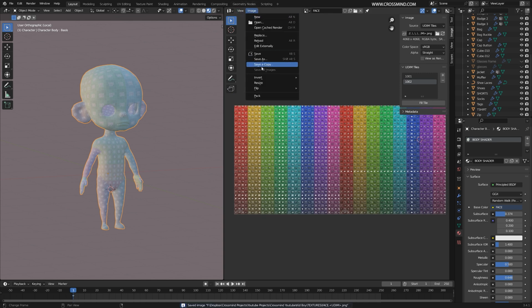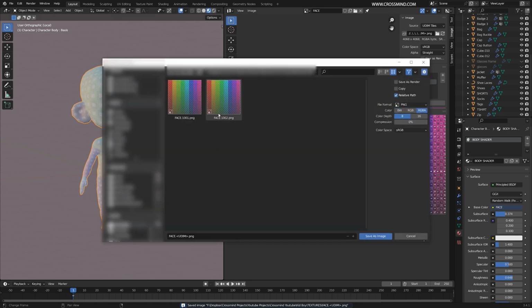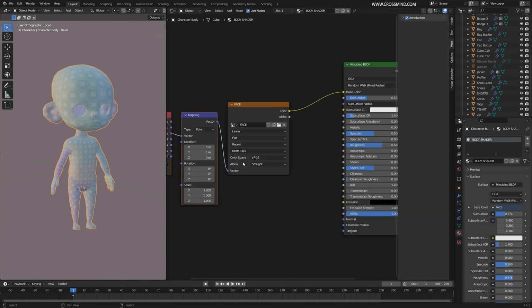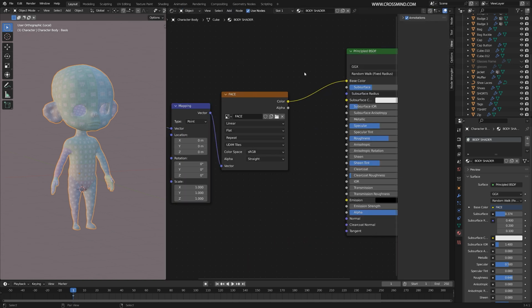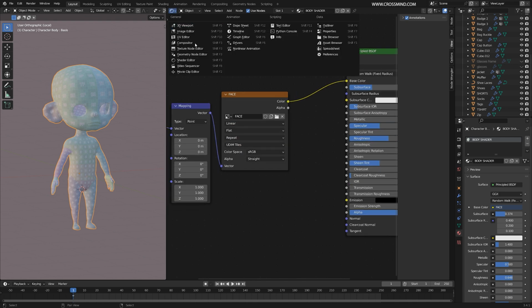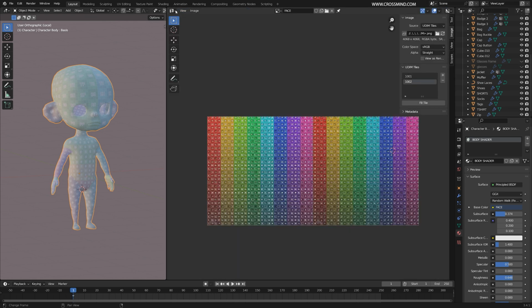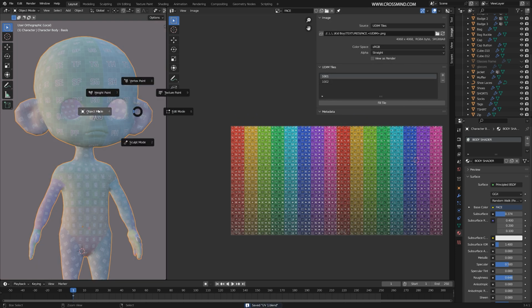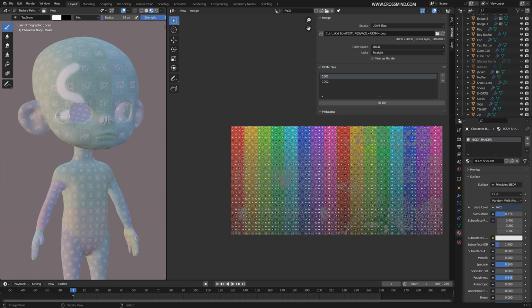And if I try to save as, you can see there are two face tiles, face 001.png, face 002.png. So these two textures are automatically loaded here because Blender knows that in the shader editor, we are using UDIM tiles in the texture. The texture is not a single image, it's using tiles. And within those tiles in the UV editor or in the image editor, it's assigning texture space udim.png.